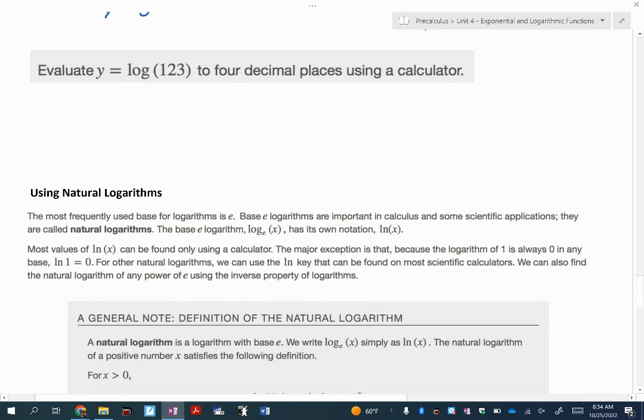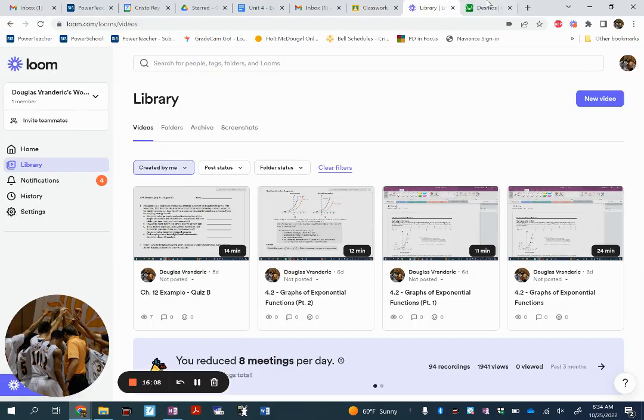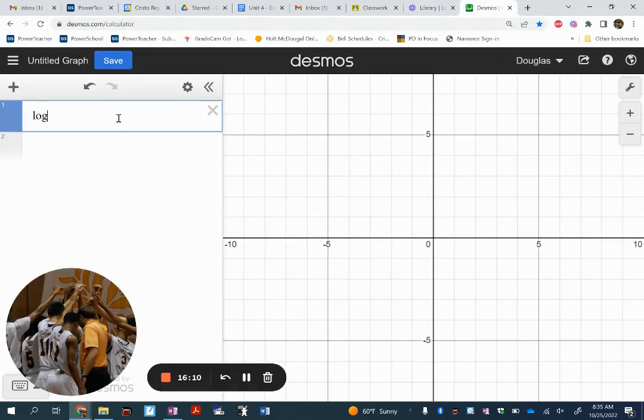So if I want to do the log, let me rewrite it like this. Log of 123 equals some exponent, some value. All right, I can go to Desmos. And you'll notice that this base isn't written. Because the base is not written, we know that the base is 10, right? It's our common logarithm. So you can literally just type in the letters log